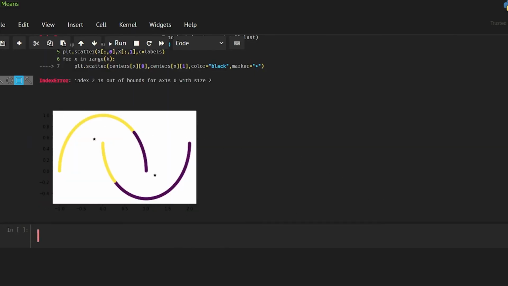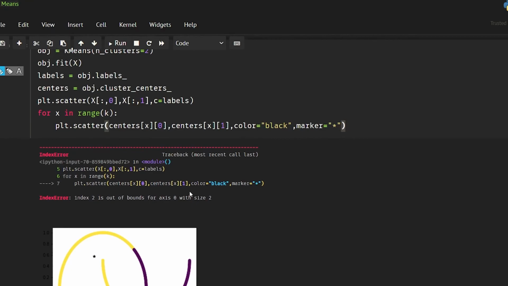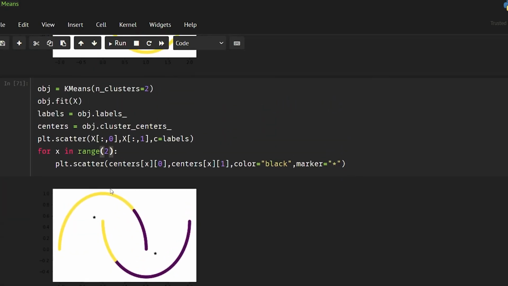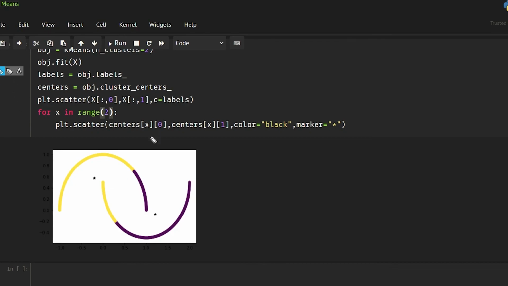So it is showing us an error: index 2 is out of bounds. As you can see here, it was not able to classify them correctly. So for this we use another unsupervised learning algorithm that is known as DBSCAN, and I am going to talk about that in the next video. Thanks for watching and I'll see you next time.